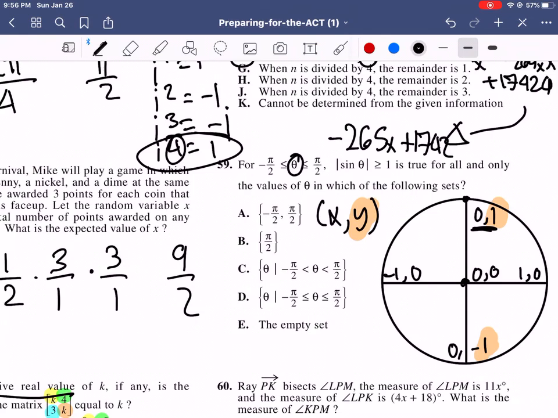Because on the unit circle, this is pi over 2, negative pi over 2, or 3 pi over 2. This is, what is this? This is pi, and this is 2 pi. So if this is pi over 2, and this is negative pi over 2, then the absolute value of this,